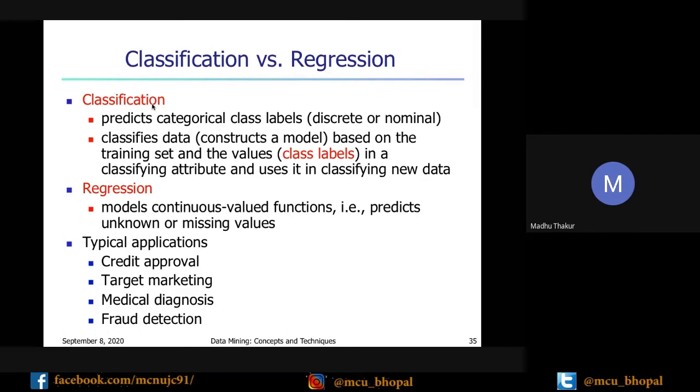So classify data based on the training set, and the values in the classifying attribute, and use it in classifying new data, as I said. So again, an application of this classification is credit approval. In credit approval, they will decide how they will issue the credit card or loan. They will see your last behavior,